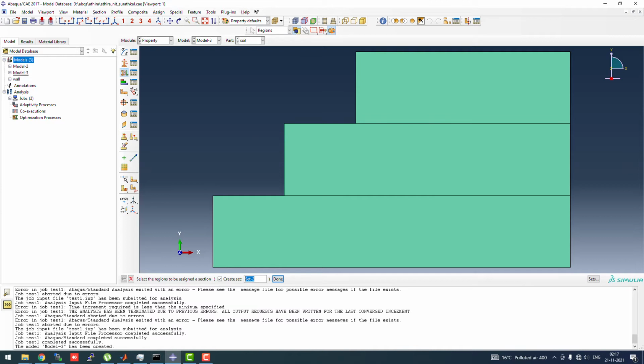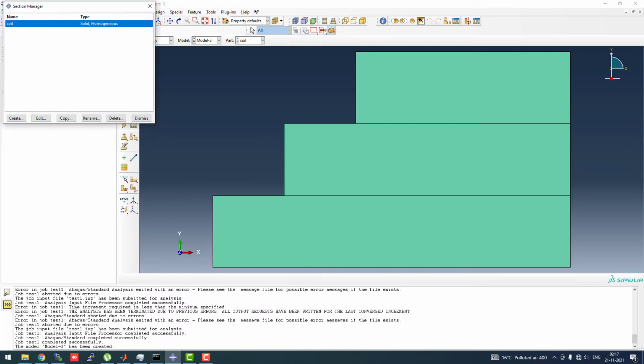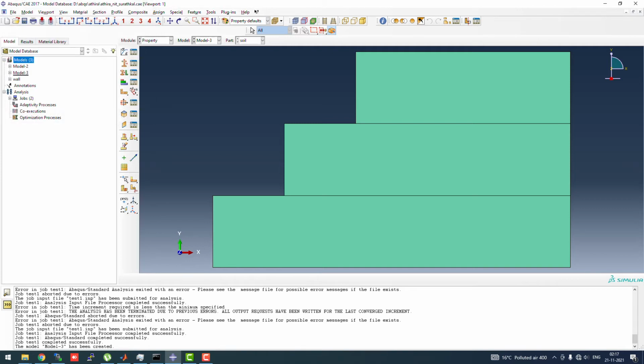Now most people confuse themselves when they try to create a different kind of section which is applicable to this kind of part. So let me tell you, a shell homogeneous section will also work in this kind of, sorry, not shell but solid, generalized plane stress sections will also work. So you have to be very careful. You have to apply a solid homogeneous section even to 2D geometries.